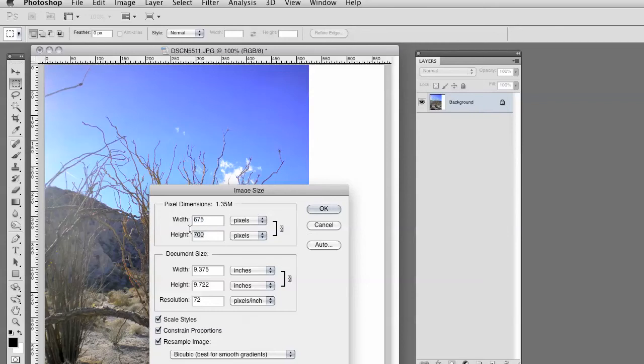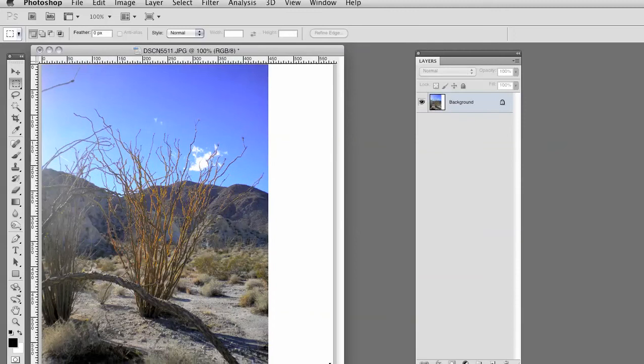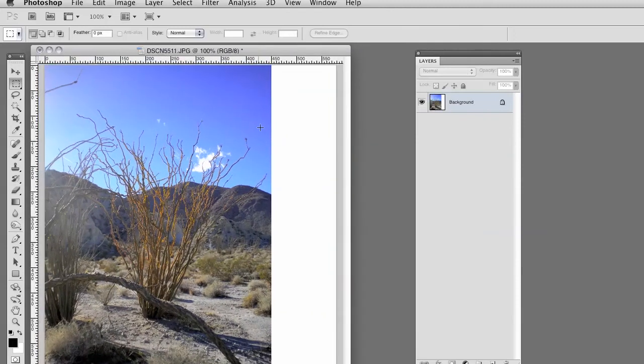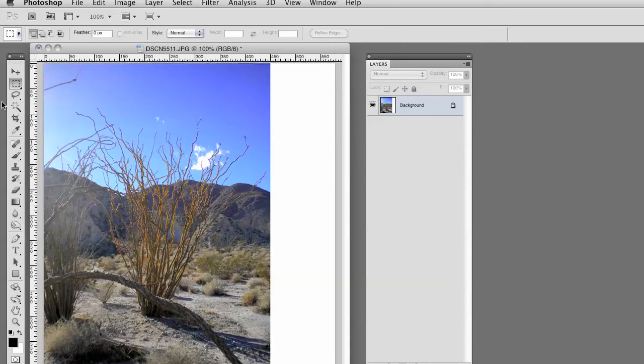In this case, just for this tutorial, I want to make this a little bit smaller so it fits on the screen a little better. Okay, there we go. Now we can all see it. Okay, got my layers window open. Now, there's so many ways to do this, and everyone's going to have their own technique. Here's, I think,